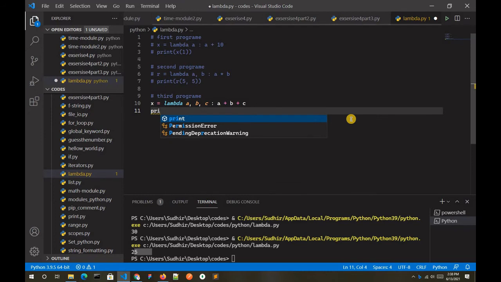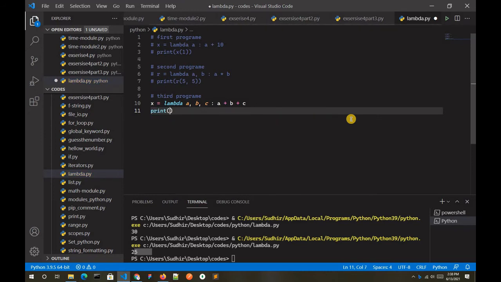Write a print function here in which you type x and assign the values: 5, 6 and 2, or you can write 5, 6 and 3, whatever you want. Then run this program, and you can see 30 is printed.